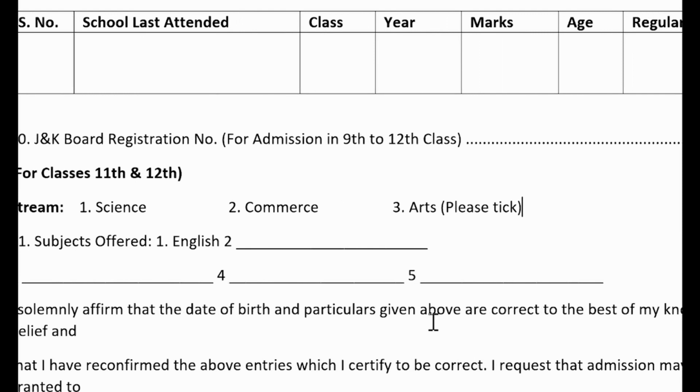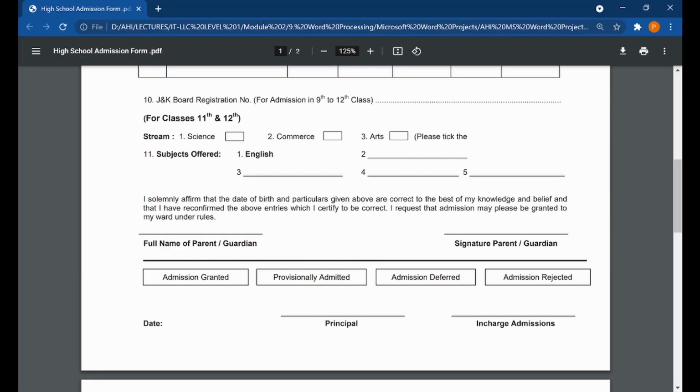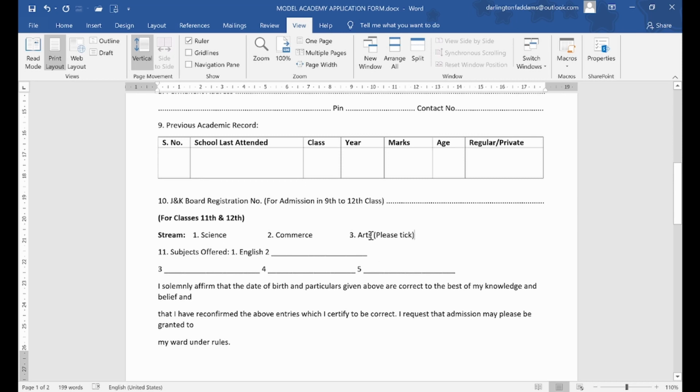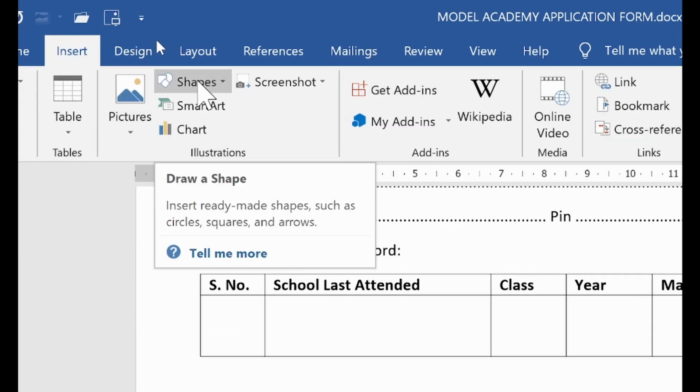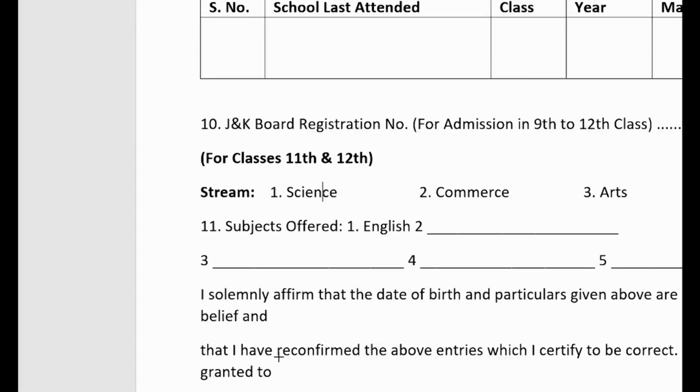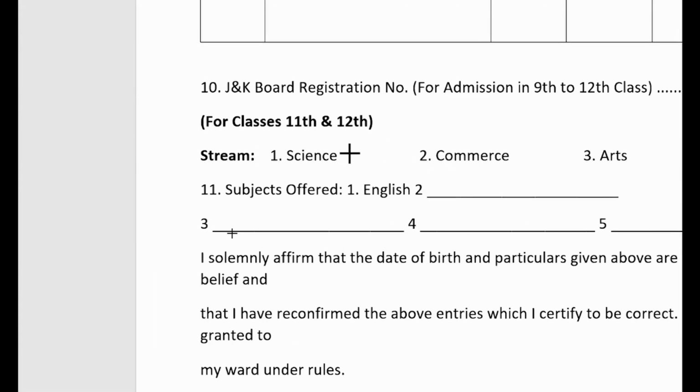So let me check where the boxes are and I will insert mine. The boxes are after the courses. So I think over here we need the tab again. 1, 2, 3. Okay, so I'm supposed to draw some boxes here, and remember when you have to draw, you have to use your shapes. So go to insert shapes. Do you remember shapes? I come here and I choose this, and I'll use this to draw the shape here. And I think I should just draw for 1